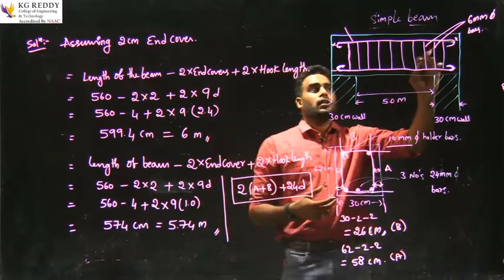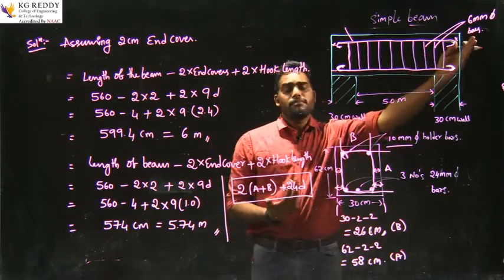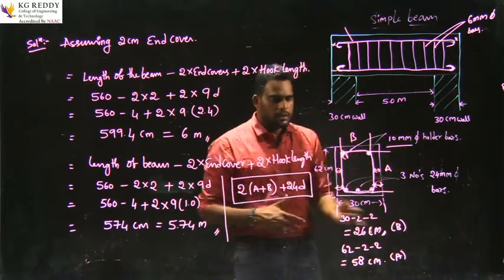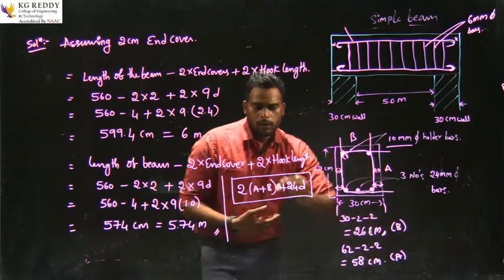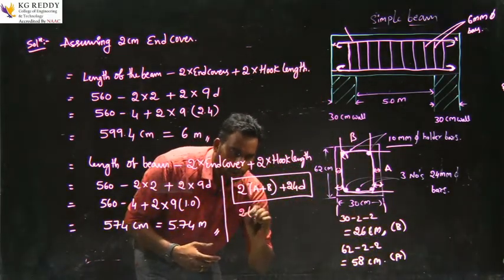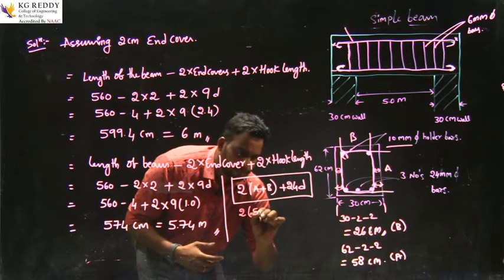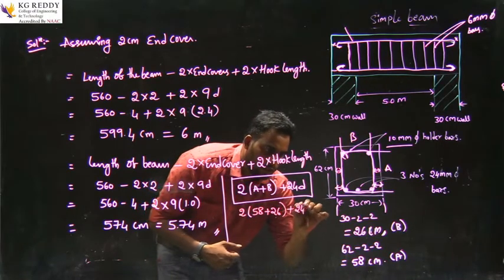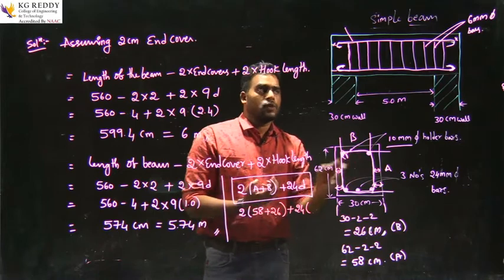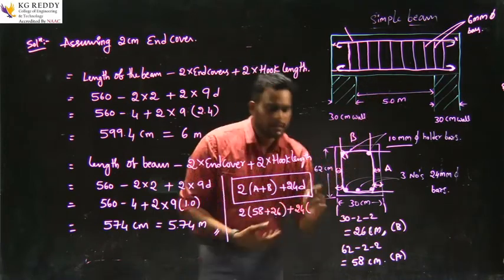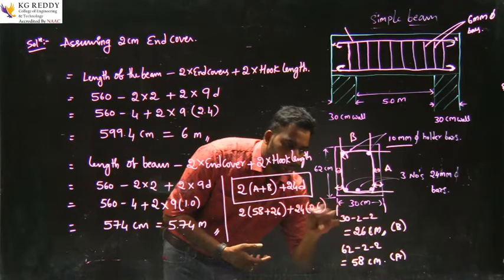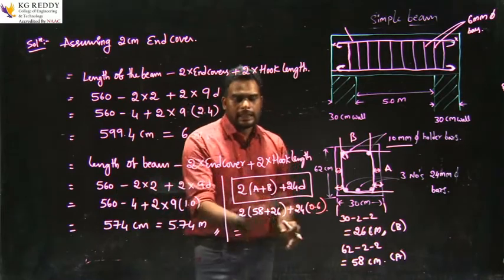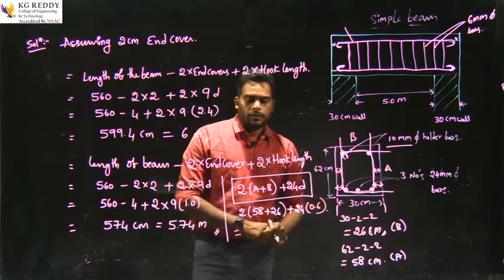He mentioned 6 mm bars, so we need to convert into centimeters because all these values are in centimeters. So now I am substituting 2 into (a value 58 plus b value 26) plus 24d, where d is the diameter of the stirrup. He mentioned 6 mm, so converting into centimeters we get 0.6. Now by calculating this, we'll get the total length of